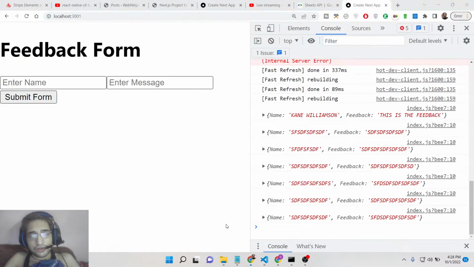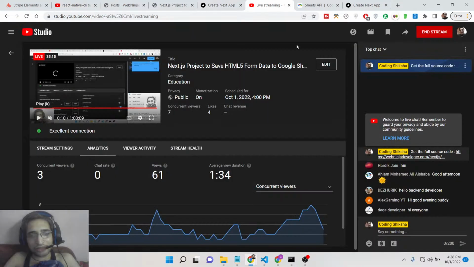If you have any questions, guys, you can ask in the comment section, because basically this is the application that we have developed in this tutorial. If you have any sort of questions related to this Next.js project,